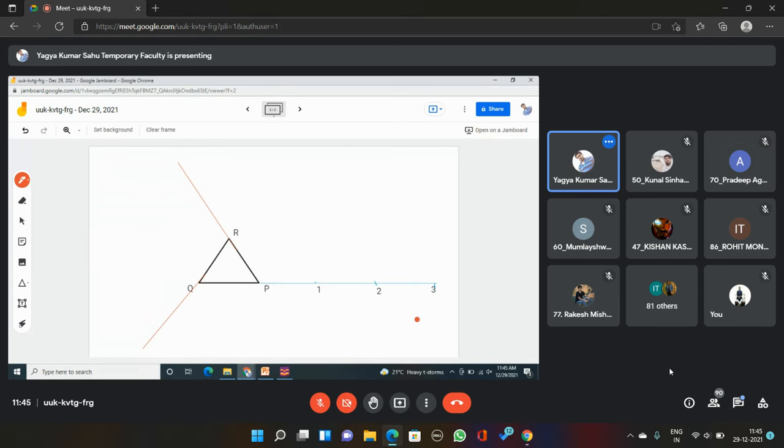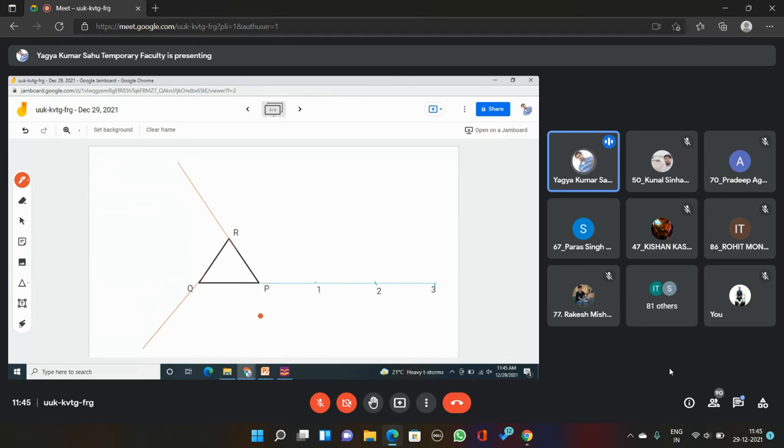Yes, sir. And what about the radius of that curvature? Because the thread is always being kept tight, it will create a curve. While opening the thread QP, the point P will move in a circular direction. So the radius will be QP. And what about the center for drawing that arc? Center Q.